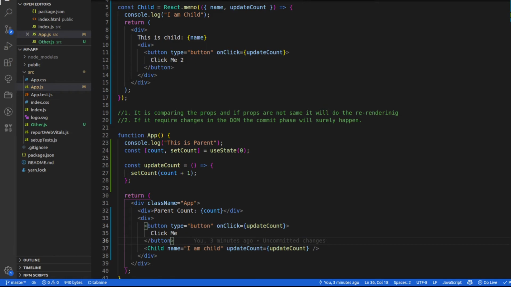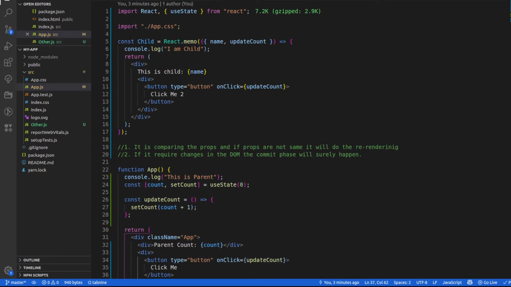You should be surprised to know that update count, which is a function, is actually an object. In JavaScript, functions are objects. So whenever my app component re-renders, every time update count will be different. And that is why it is going to re-render the child component again.